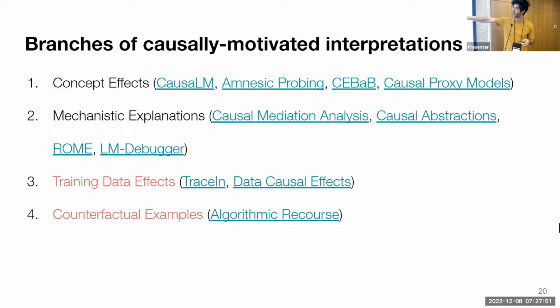There are two other ideas bouncing around where I can think about causal effects with respect to my model. One is training data effects, trying to understand how specific examples or specific concepts within my training data are causing some model predictions. And fourth, a field that is very large outside of NLP, but as NLP people, we have no treatment of it, is counterfactual examples, where we try to understand, given some prediction or some example, what is the minimal manipulation we can make to this example such that the model will give a different prediction.